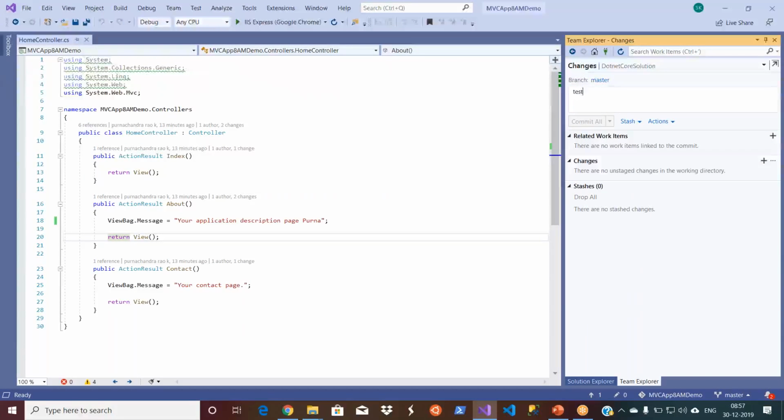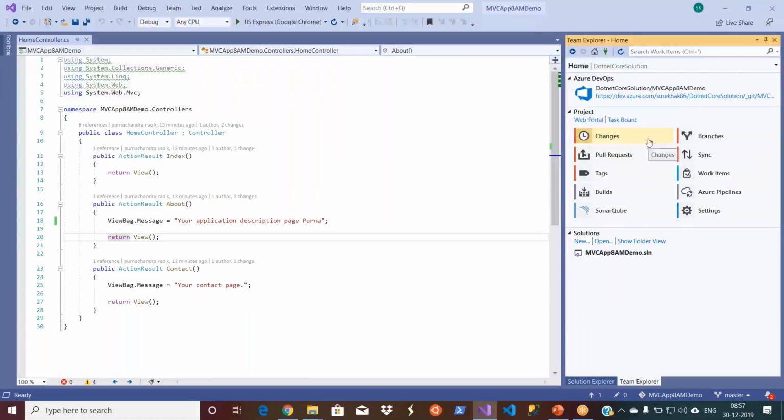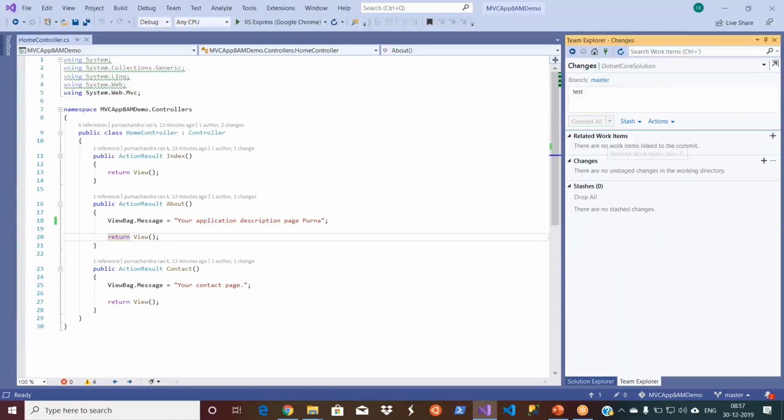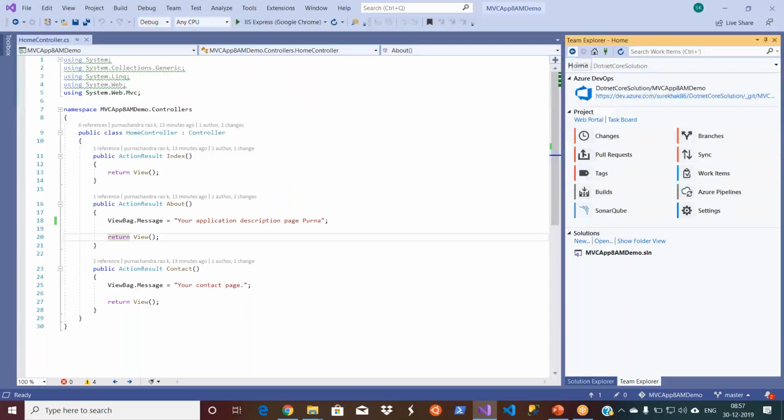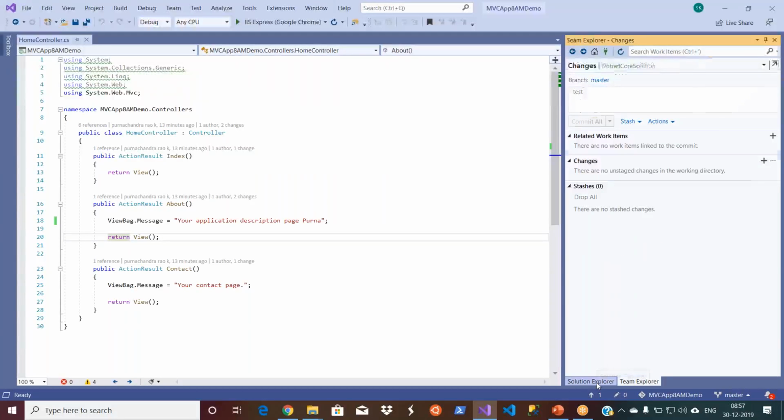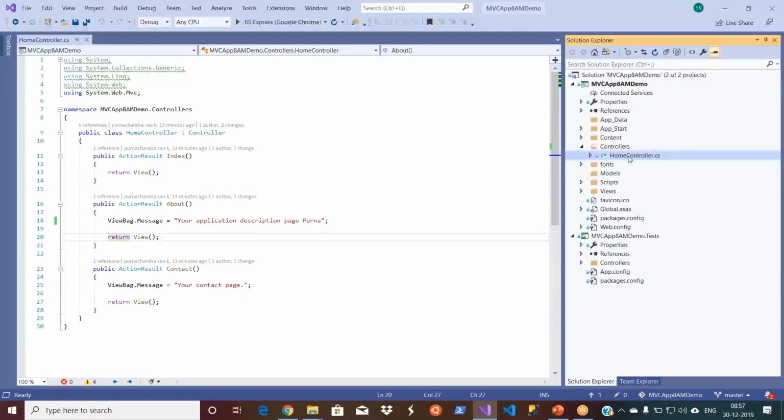There are multiple ways you can do it. The easiest way is to go back to your Solution Explorer and simply apply some change.